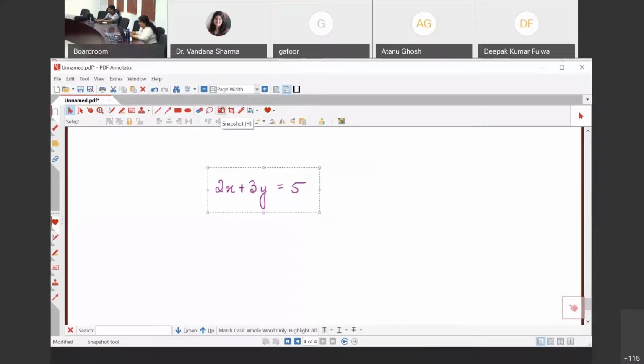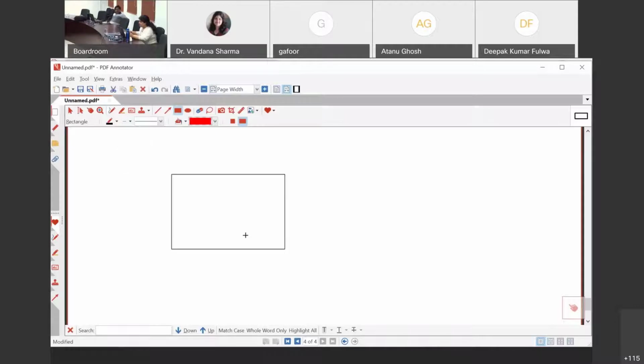So if you want to do something like a square or rectangle or a diagram, you can highlight equations which you want by putting a border over it, and that's possible. A straight line is always difficult to draw in mathematics, so we can draw axes, and then we can explain.